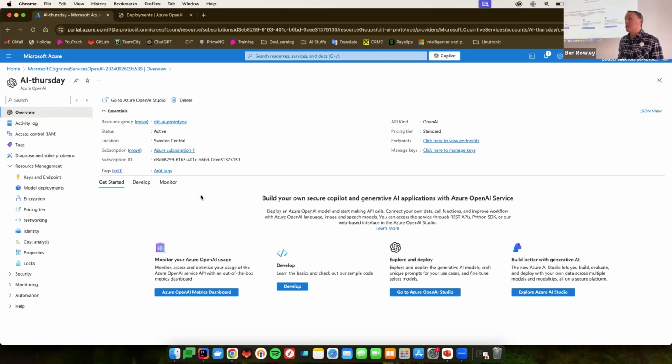It's a private instance. So we deploy our own model for our own use case, and anybody who's got the endpoint and the API key can hit that. So if you're feeling charitable, you can of course deploy one and give the API key and endpoint to all of your friends and let them run up a huge bill. But in real life, you would deploy a model for your specific use case, and then you know that's just